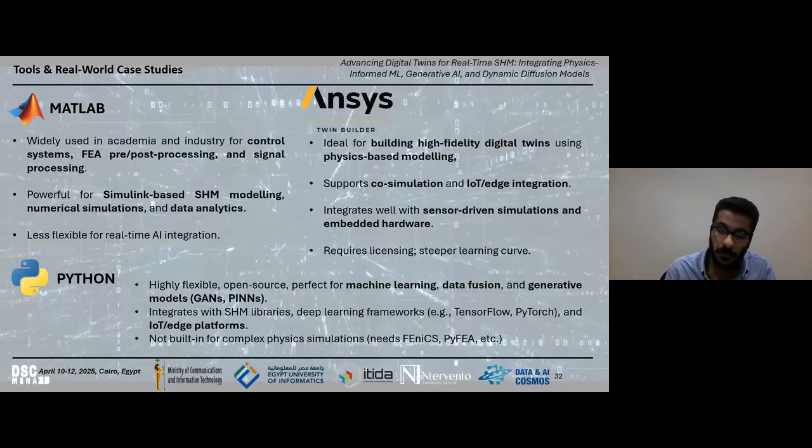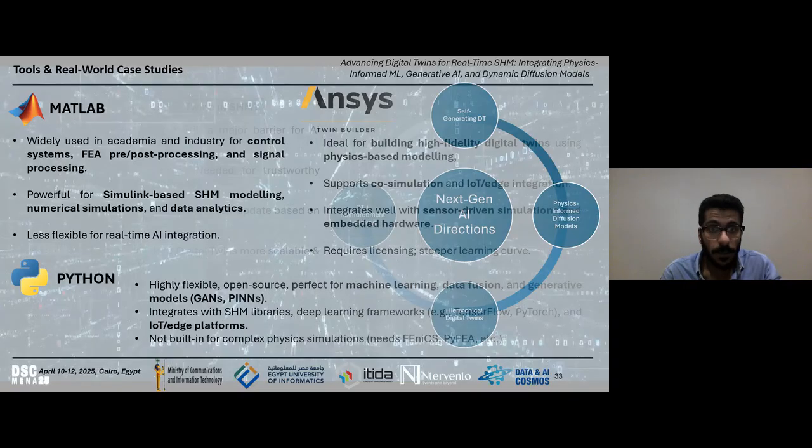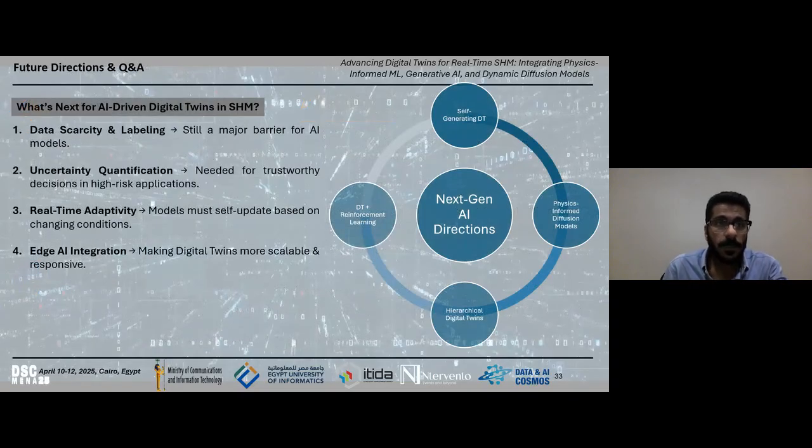You will be able to identify differences, and then you can decide what software to use. And again, it's linked to the question I raised when I started. What do you want from your digital twin? What do you want to achieve from your model? What do you want to achieve from your digital twin system?